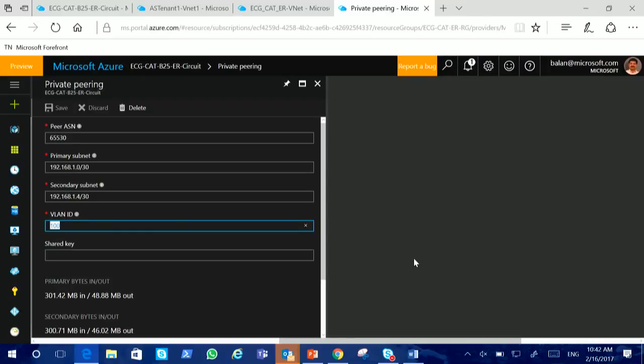So that's what you are configuring: what IPs you are going to use, and the peer ASN, because these are going to establish a BGP session, so you need an ASN number on your router side and also on the Azure side, and the VLAN ID that you are going to use for this. That is what the configuration looks like. Once this is done, and your router is also configured with proper IP addresses, AS number and BGP configuration, they can establish the BGP session and start exchanging routes.